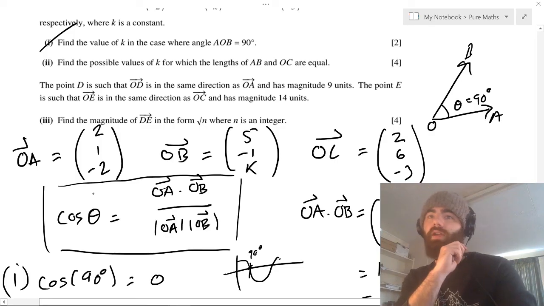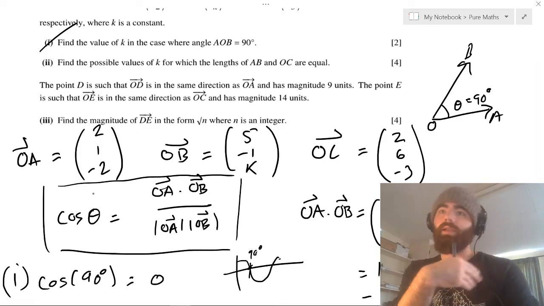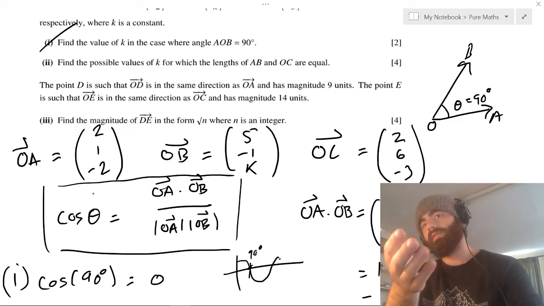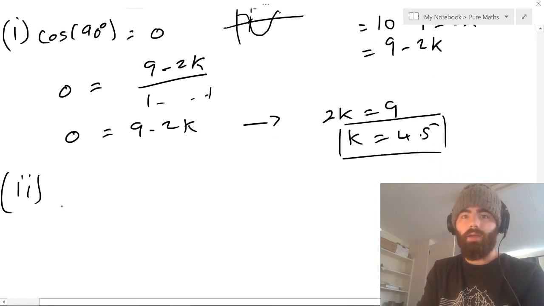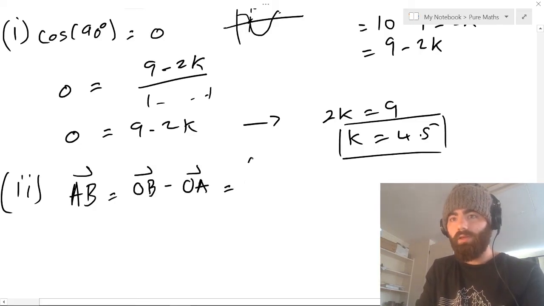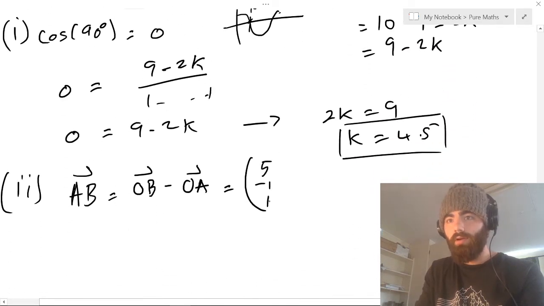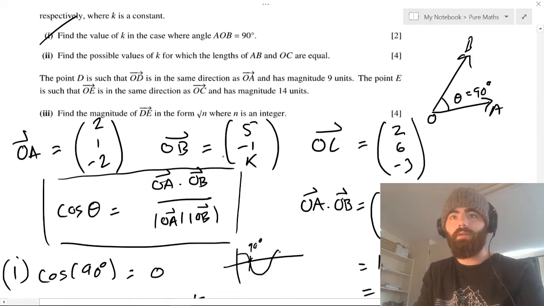Find the possible values of k for which the length of AB and OC are equal. Okay, well then you just got to calculate the length of AB and the length of OC and then equate them. So AB is equal to OB minus OA, which is equal to (5, -1, k) minus